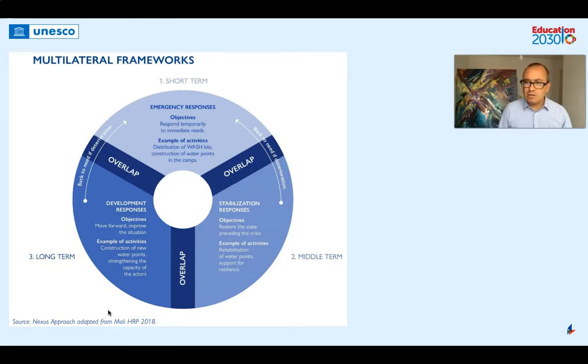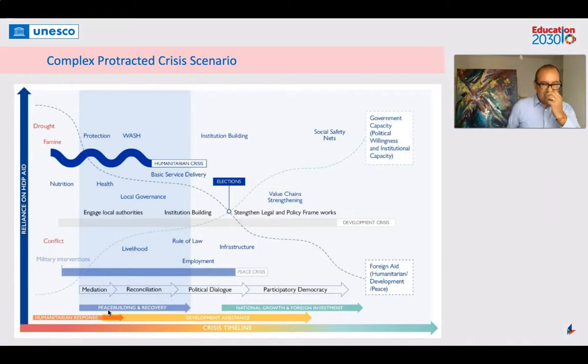So elements that normally are in a development plan, on a water and sanitation plan in the long term, and that need to include elements that take into consideration the possibility of emergency response. So in the long term, we plan for the emergency. We don't wait for the emergency to start planning. And this is something very important that we will be discussing in Module 7 when we talk about education in emergencies.